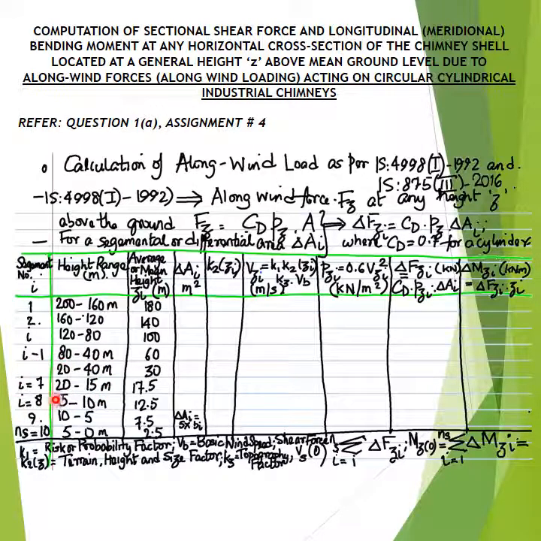The factors K1, K2, K3 and K4 that are the multipliers or coefficients in the design formulation for the design wind speed at any given height Zi are termed as the risk or probability factor K1, the topography factor K3, and another factor K4 as per IS 875 Part 3 2016 revision, the latest revision,